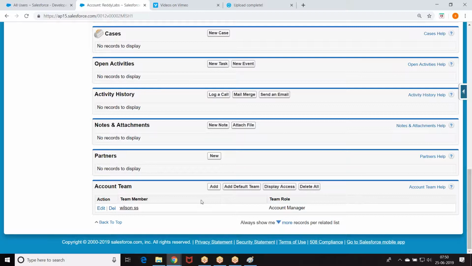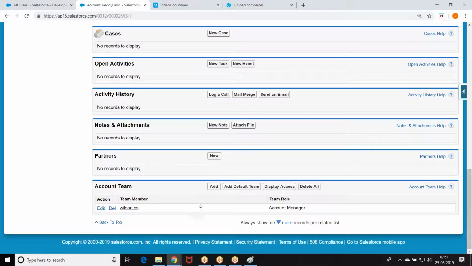So what was that? Whenever a new account is created with annual revenue more than 50 lakh rupees, I want to take the support of one more user to handle this customer. Was that clear for everyone? Right? So what was the concept here? Yes, creating account team member. This will be the context when you are handling a bigger customer, a customer who delivers more business to you. Right? Was that clear for everyone?